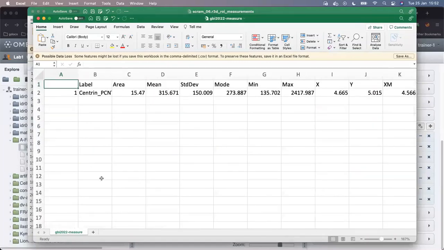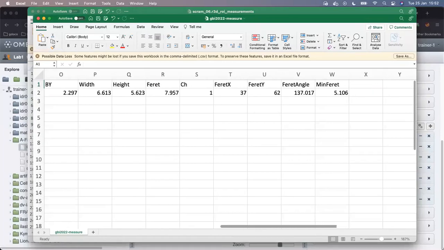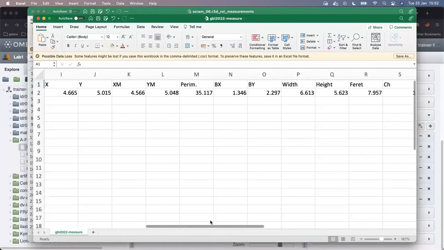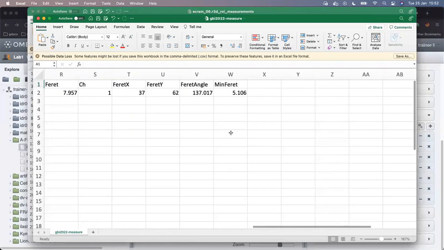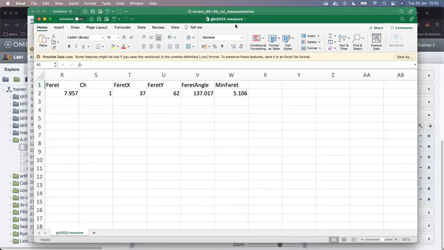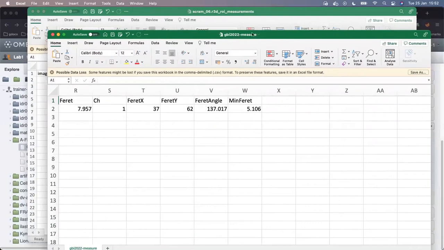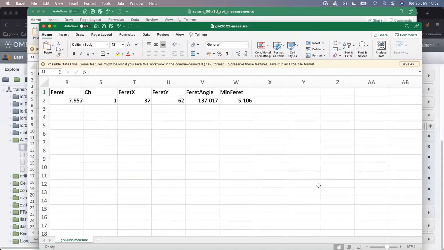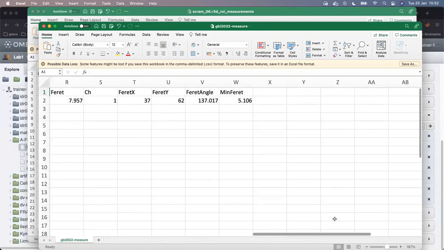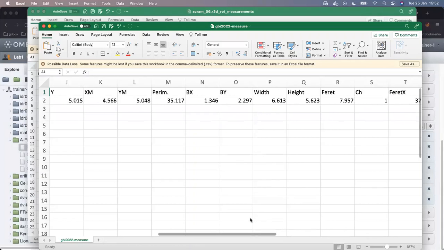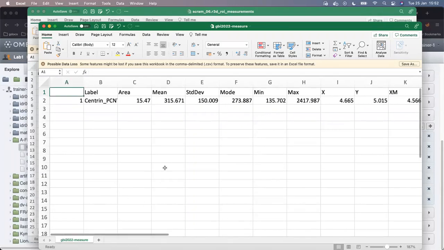This is indeed one-liner because I quickly created it in Fiji, but you can of course see the superior power of Fiji as compared to the OMERO iViewer, which I can now harvest very easily by using this OMERO plugin for Fiji, which gives me parameters like ferret X, ferret Y, ferret angle, and so on, perimeter,